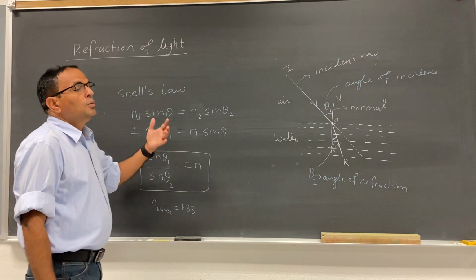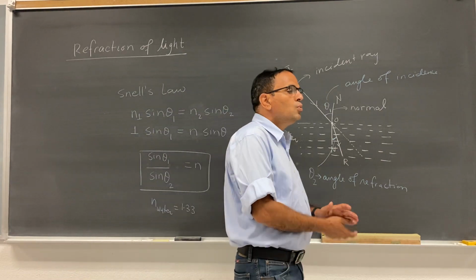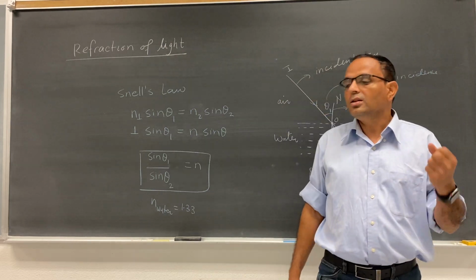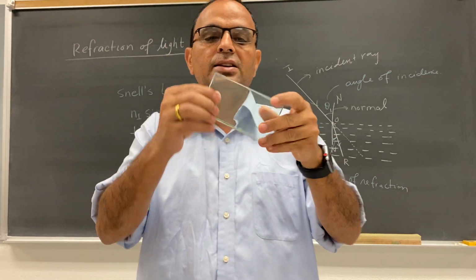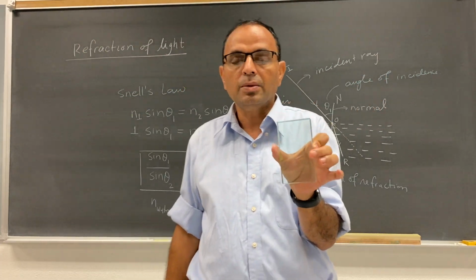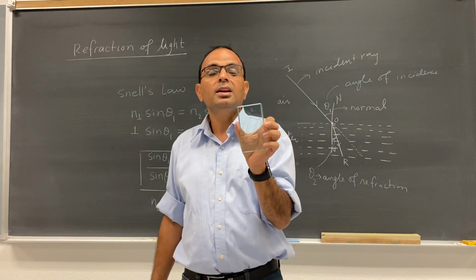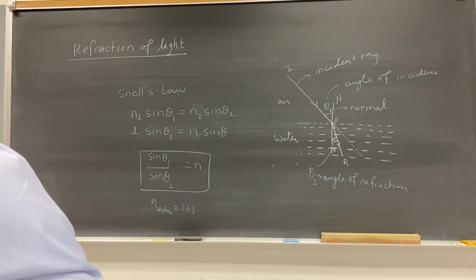But we do not measure the index of refraction of water. We want to use another transparent medium, and it is this: a glass slab. This is also a transparent medium, and we want to measure the index of refraction of this glass. So what you have to do is